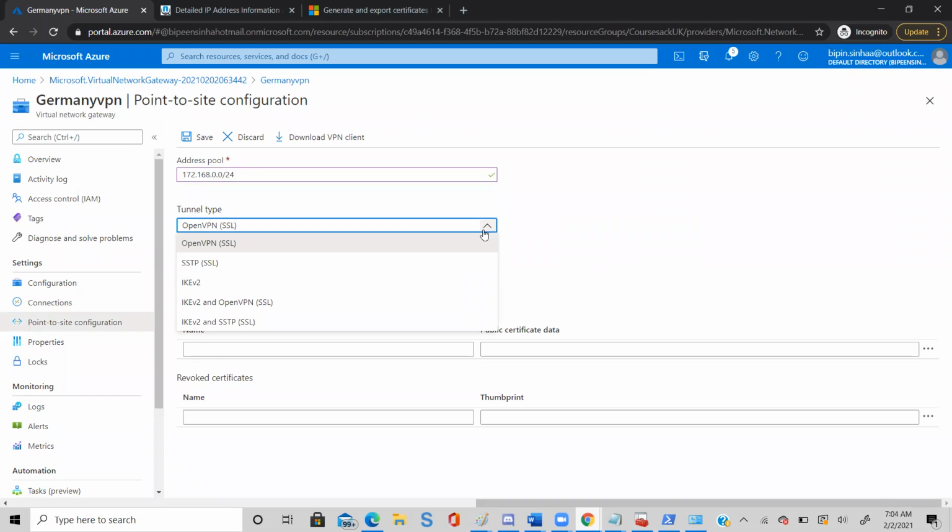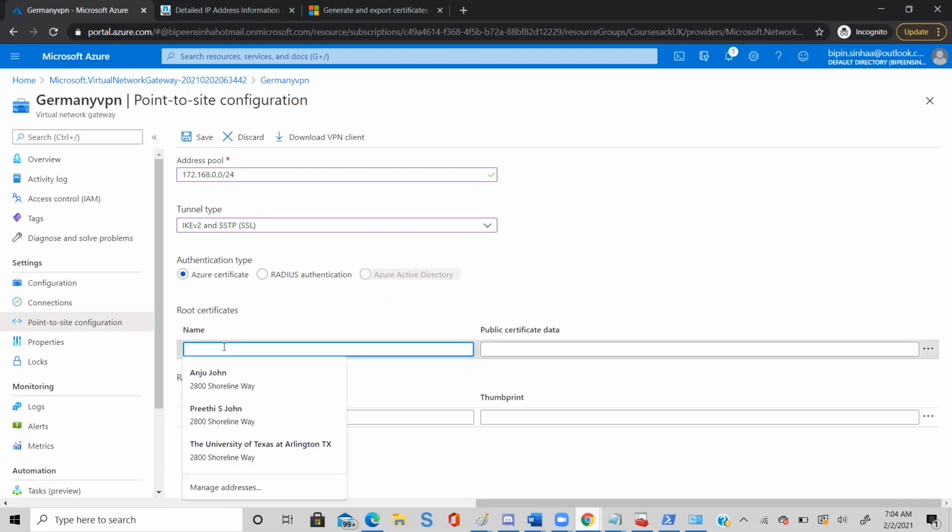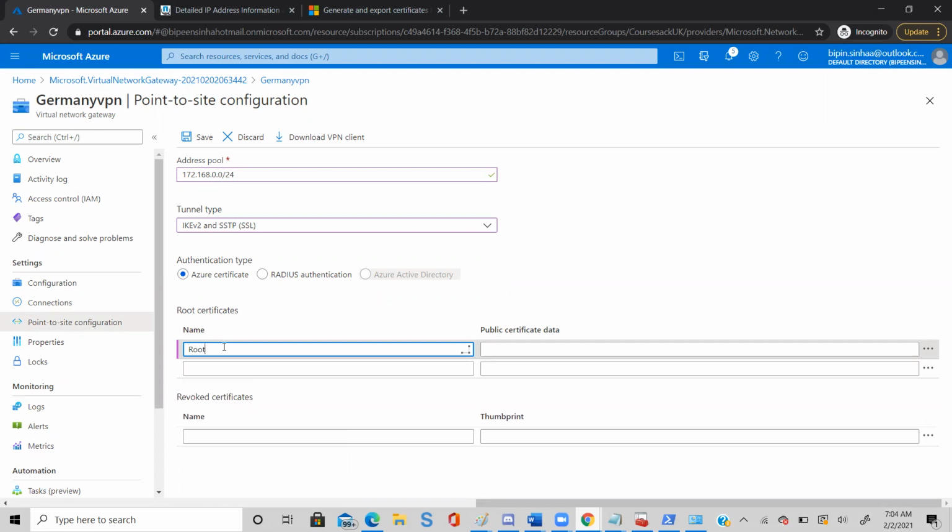Select the last one. In the Azure certificate, in the root certificate name, type root CA. Below is a name, just type root CA.